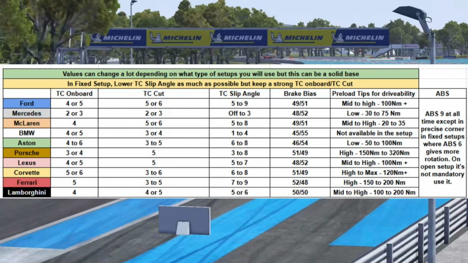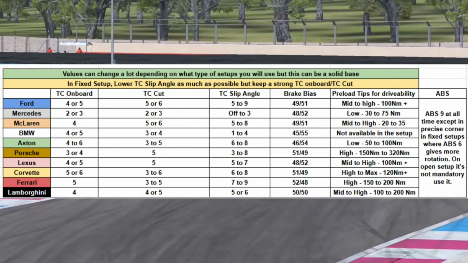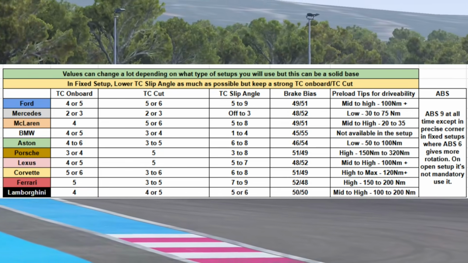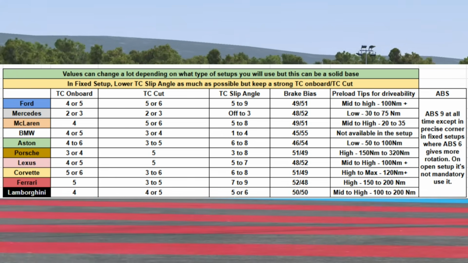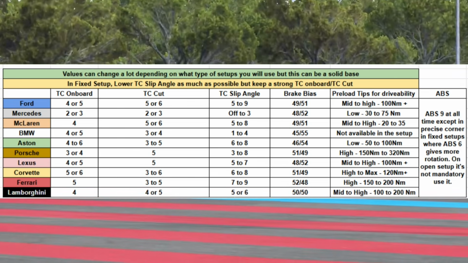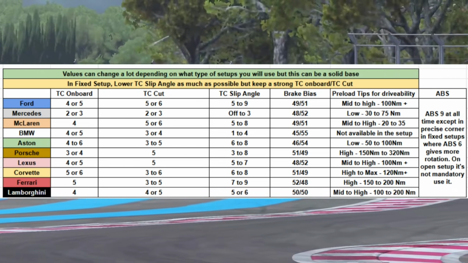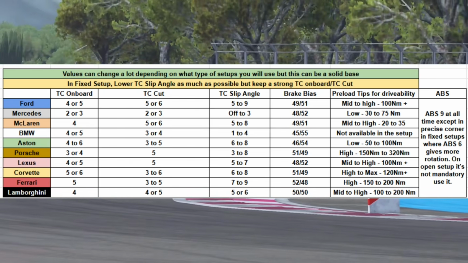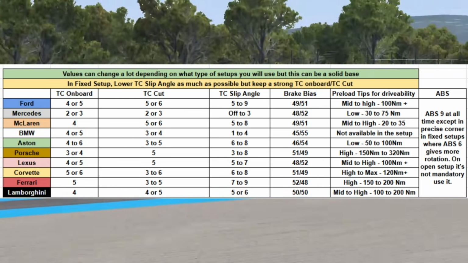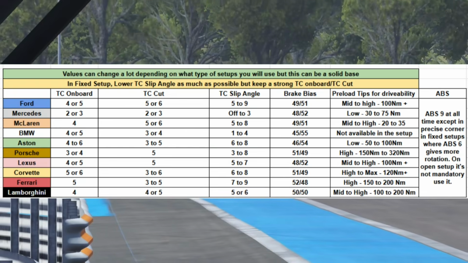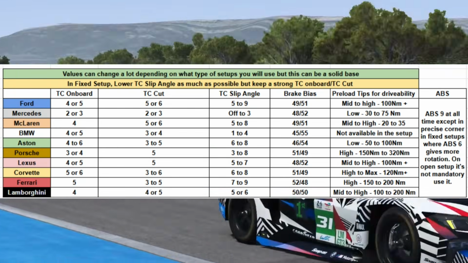Just like in the previous guide, I made a table with traction control, brake bias, ABS and this time preload settings that I would recommend for everyone who wants to try and make setups on all cars. This is a really good base. Normally almost all the time you will not make huge changes from this, but it can happen depending on which type of setup you run, if it's more understeer or oversteer. Remember that in fixed setups you will use more aggressive traction control settings, but I think this table should be very useful for anyone who has no idea where to start from.